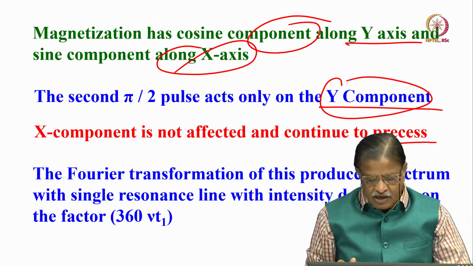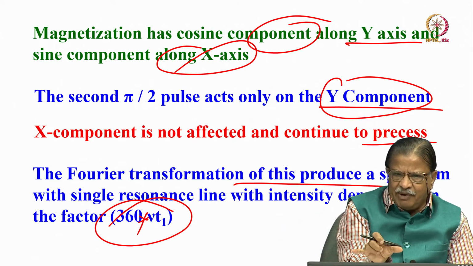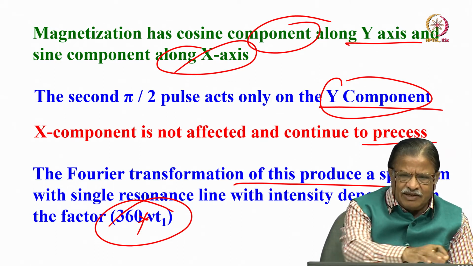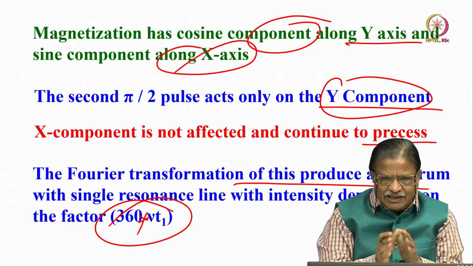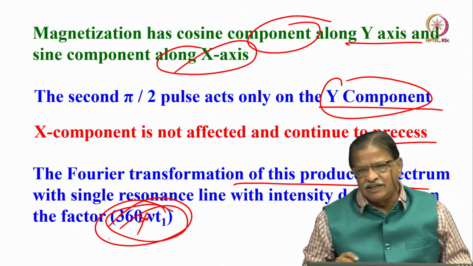That's what happens. The Fourier transformation of this is now going to give me a spectrum which is a single frequency. And what is the intensity of the signal? That depends upon how much it has moved with respect to nu z. This is given by 360 star nu T1. How many degrees it has moved depends upon that. That's how the intensity is going to be measured. If the complete coherence is along one axis, where you have a receiver, you have maximum intensity. Then as it starts dephasing, developing other X and Y components, the intensity keeps coming down. That's what we have already seen. So this is the factor which defines the intensity of the spectrum.